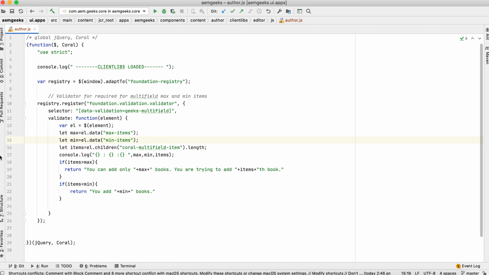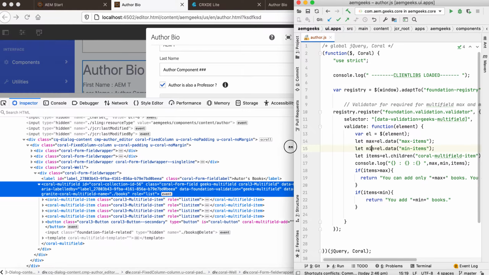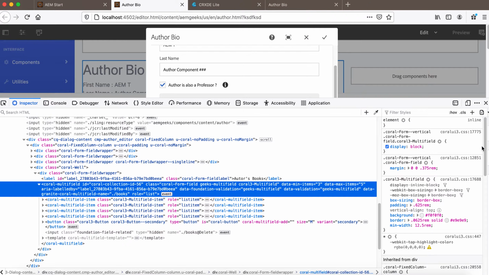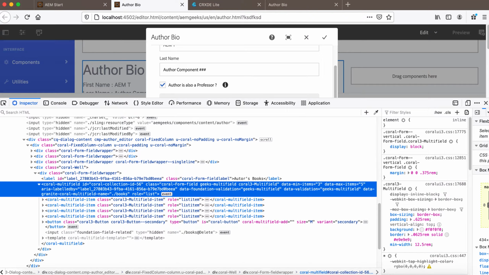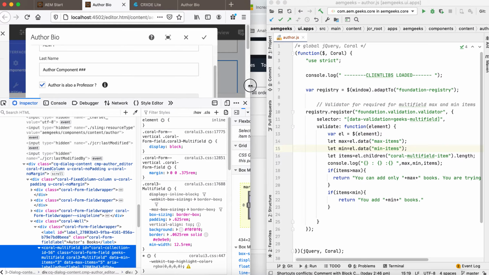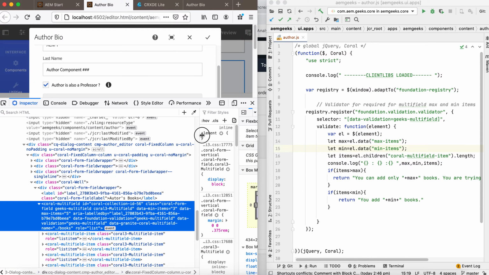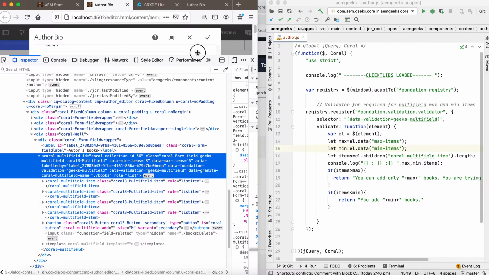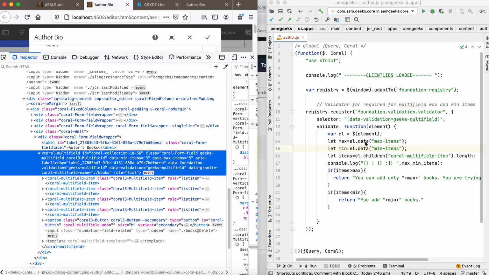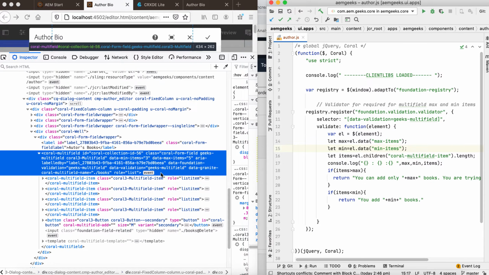So this is max item. I'm getting that data max item, whatever value is there, and from this line I'm getting the minimum value. There should be a minimum value, right?